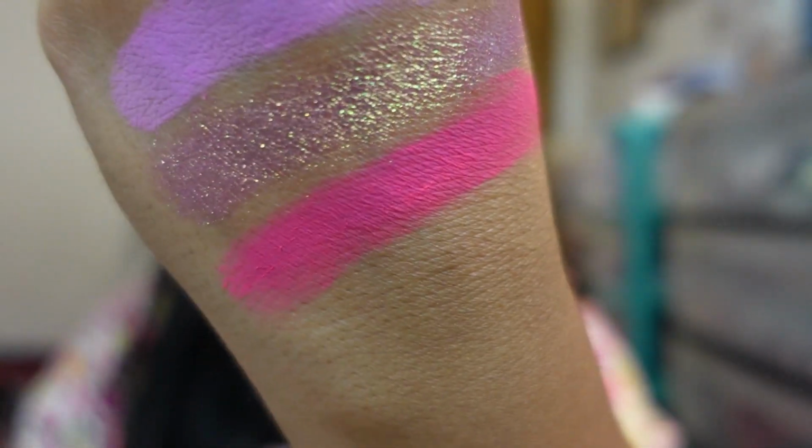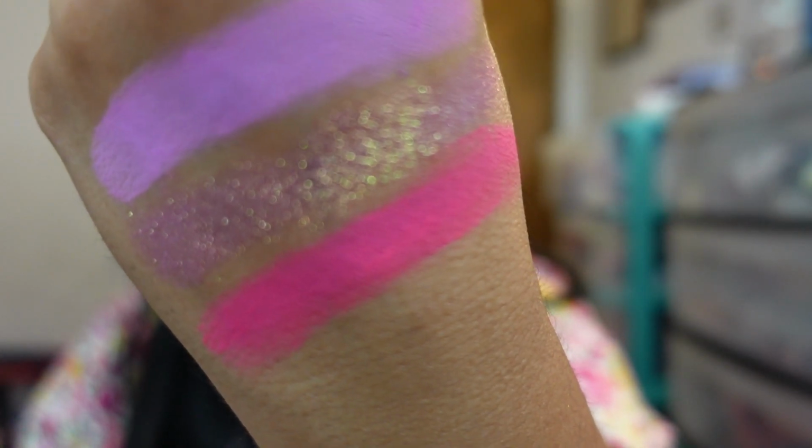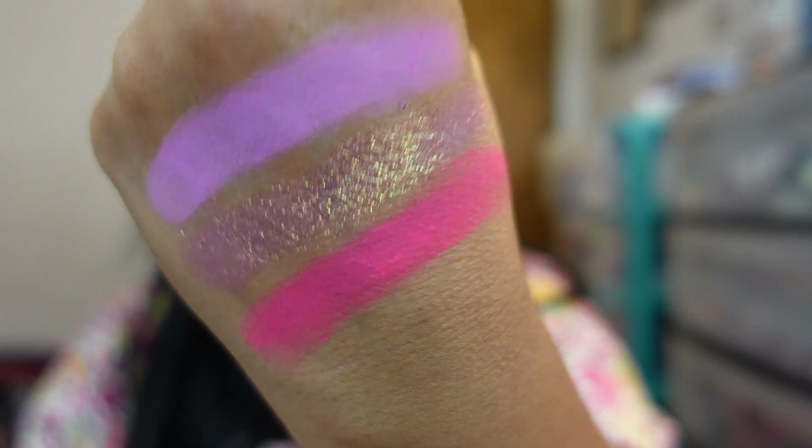This one feels a little dry, just letting you guys know. It just feels a tiny bit dry, a tiny bit grainy. I don't think it'll give you any problems. I didn't have any problems with that shade in particular, but I did notice that I had to apply it several times in order to get to that intensity I wanted. And in the end, that one didn't really stand out a whole lot as I would have wanted it to,